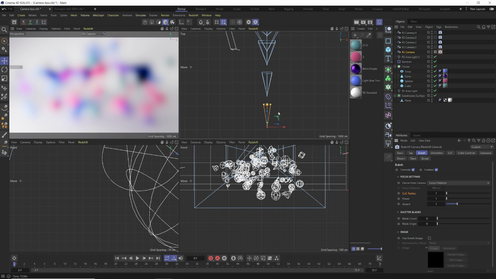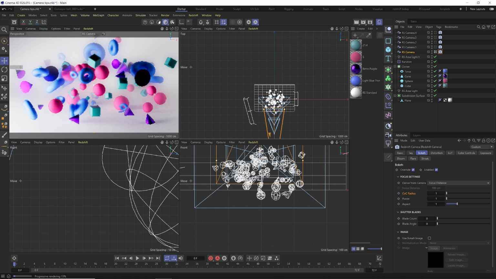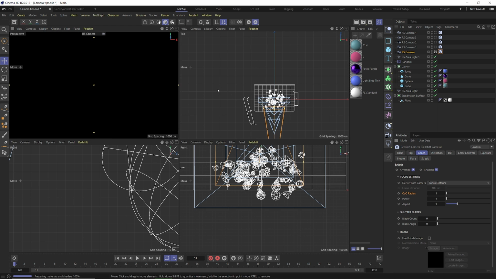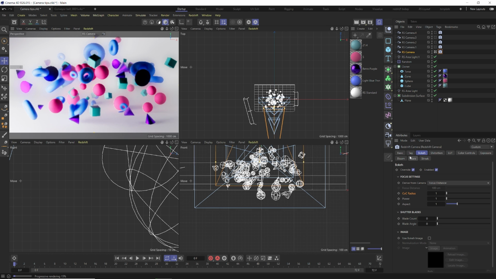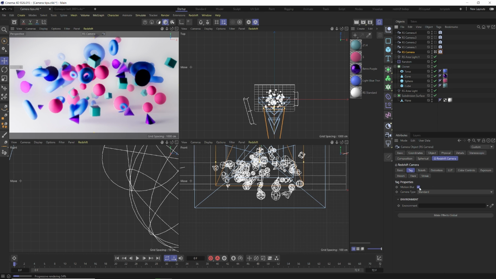So let's go ahead and adjust our focus distance. Now there's two ways we can do this. We can grab this middle dot and just pull it all the way into our scene until our scene comes into focus here. You can see we can have the foreground of our scene in focus with the background being out of focus. Or if we wanted to, what we could do is go back to our Redshift camera,